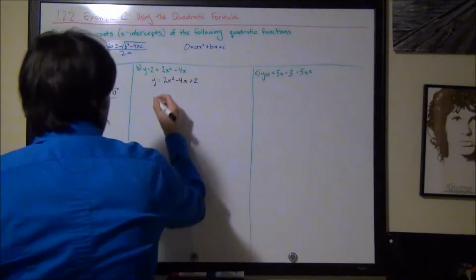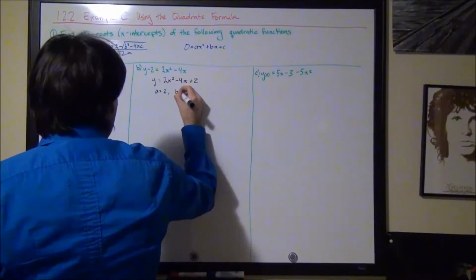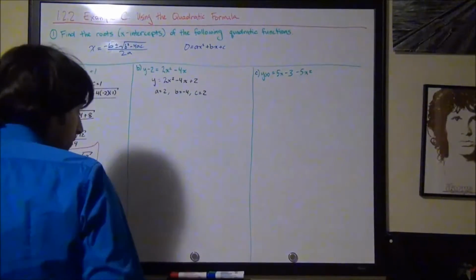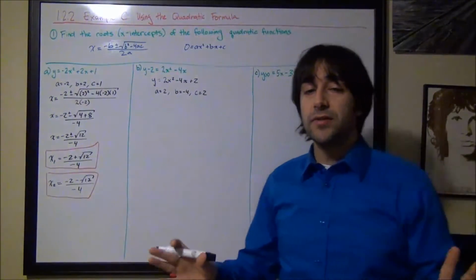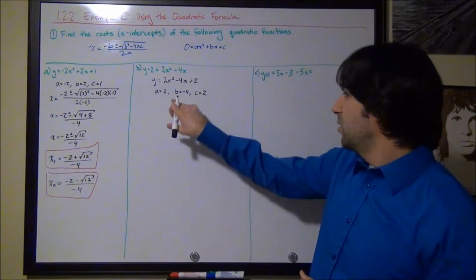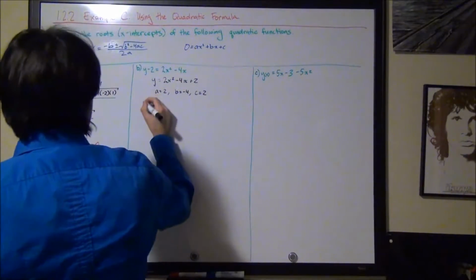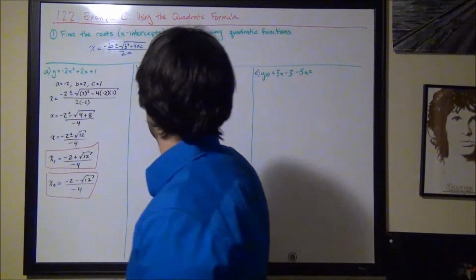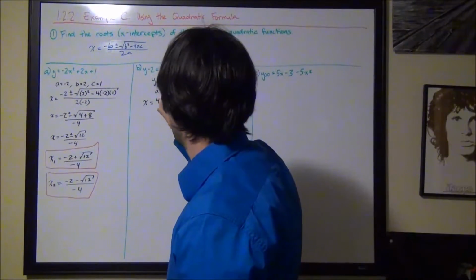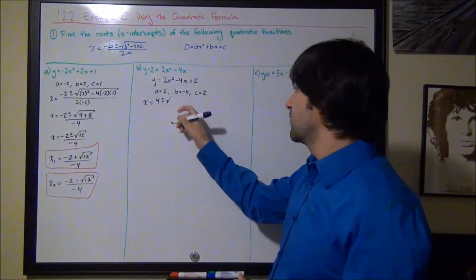So we can write right away, a is equal to 2, b is equal to negative 4, and c is equal to 2. Now, we're going to do exactly the same thing we did with example A. We're going to take these coefficients and plug them into our quadratic formula. So, we write x is going to equal the minus of b. So, minus of minus 4 is just 4, plus or minus square root of minus 4